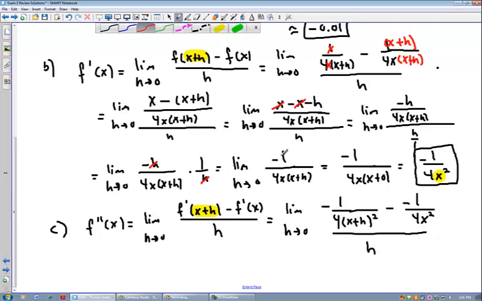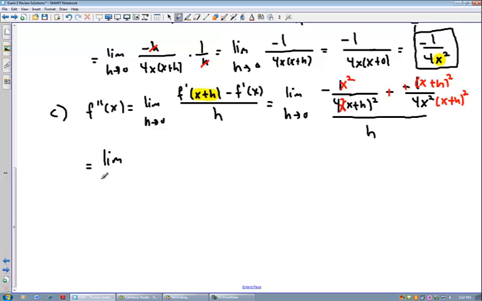All right, so now I want to get a common denominator. So I have 4's, but I want an x squared. So again, I just put an x squared here. And if I put an x squared there, I better put it on top. And over here, I'll put an x plus h quantity squared on bottom, and I better put it on top, otherwise I'll change that fraction. And I realize a negative negative turns this into a positive. And so this is going to equal